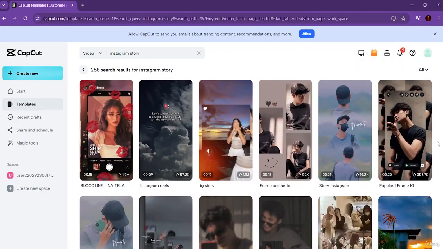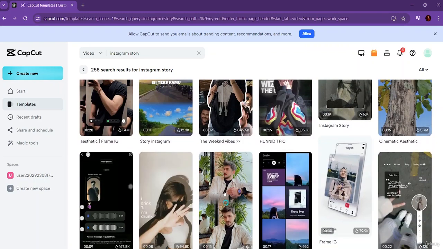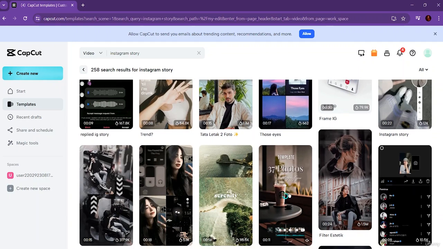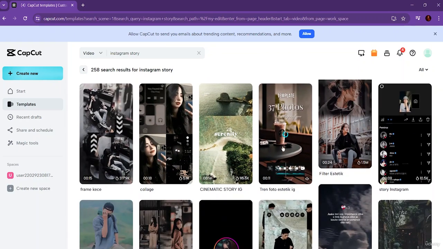Now you can see we have so many templates for Instagram story. You can access any one of these and work with it. I won't be showing all the templates over here. I'll just select a particular one and we'll continue with that one. So here you can see I just chose this particular template. Let's click on this